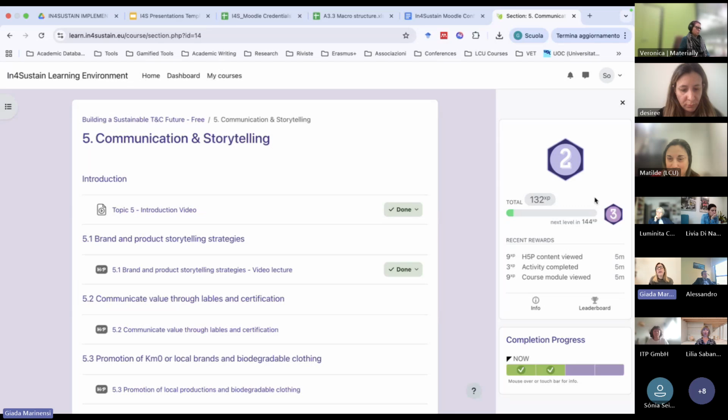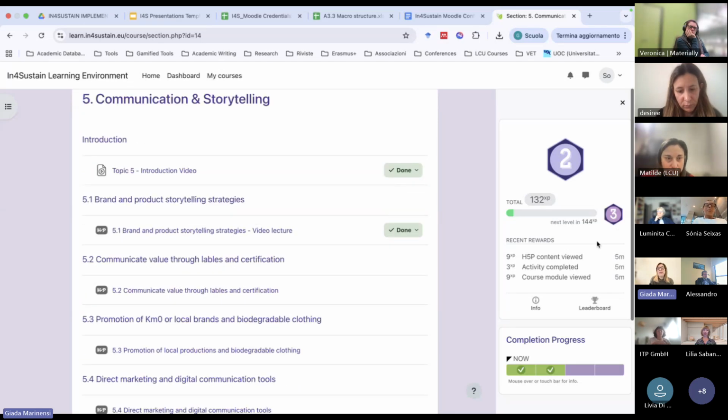As you can see on the right side menu, we have this box that is showing our level and our current number of experience points. And also there is a progression bar showing us how many points we need to get in order to reach the next level.